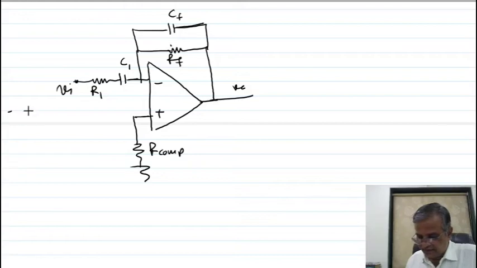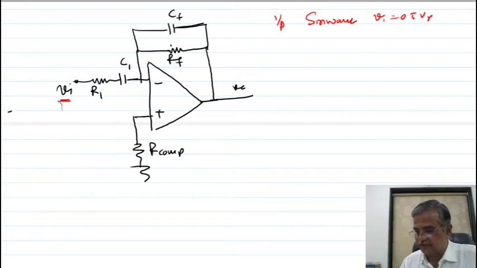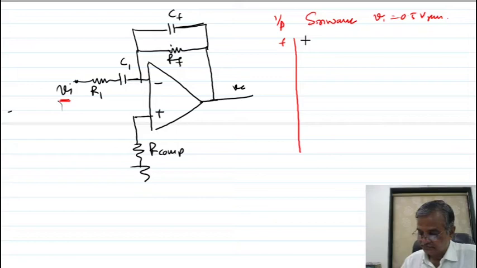Practically, let us see what we have to do, so you will get more understanding. Here in this practical, keep your input a sine wave signal. Keep your input voltage 0.5 volt RMS. Vary the frequency. Note down the output voltage. So here you have to measure the output voltage with the help of an AC millivoltmeter.